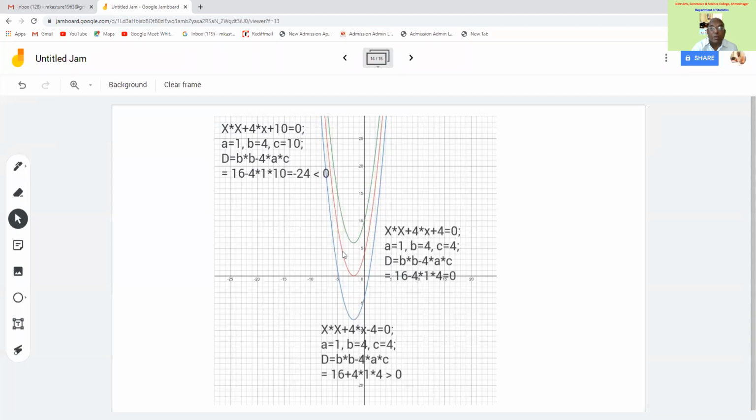This red type of curve is intersecting x-axis at only 1 point. In fact, it is a tangent point. It is intersecting at exactly 1 point. It means what? Your quadratic equation x square plus 4x plus 4 equal to 0 gives you d equal to 0. So when you have the case that discriminant is 0, in that case your curve intersects x-axis at exactly 1 point, and that 1 point is the point of intersection of curve and x-axis. That is the solution of your quadratic equation.